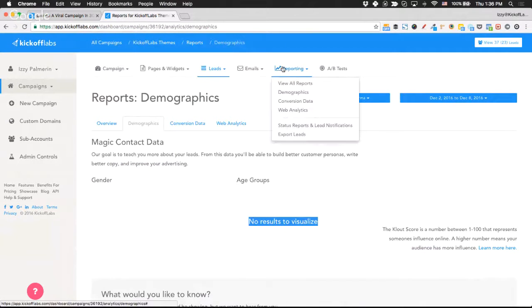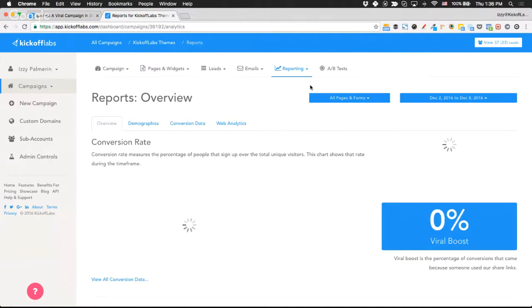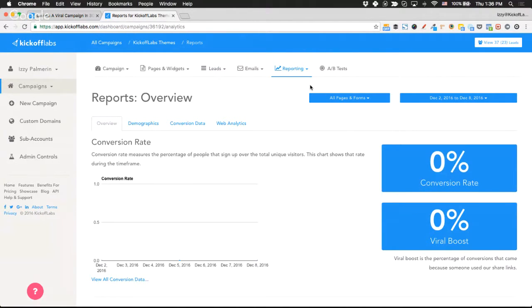So really great stuff. I really like that feature. A lot of people don't see it or don't learn about it until they actually start looking at their lead reports. But just so you're aware, all you really need to do is ask for an email address and we'll provide that additional info.